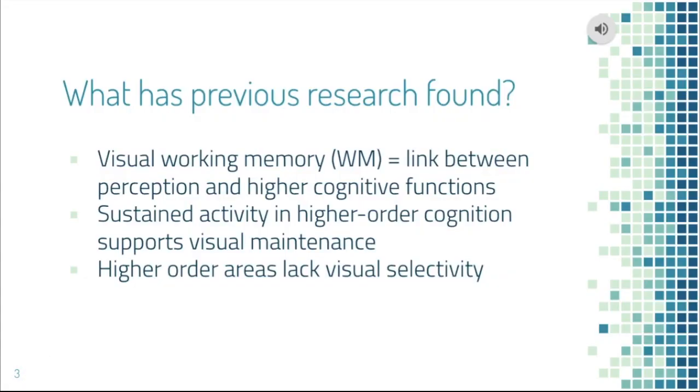Previous research has demonstrated three key findings to support the rationale for this study. First, visual working memory provides an essential link between perception and higher cognitive functions. This allows for the active maintenance of information about stimuli no longer in view. Second, research suggests that there is a limited capacity of working memory, such that it can only hold up to